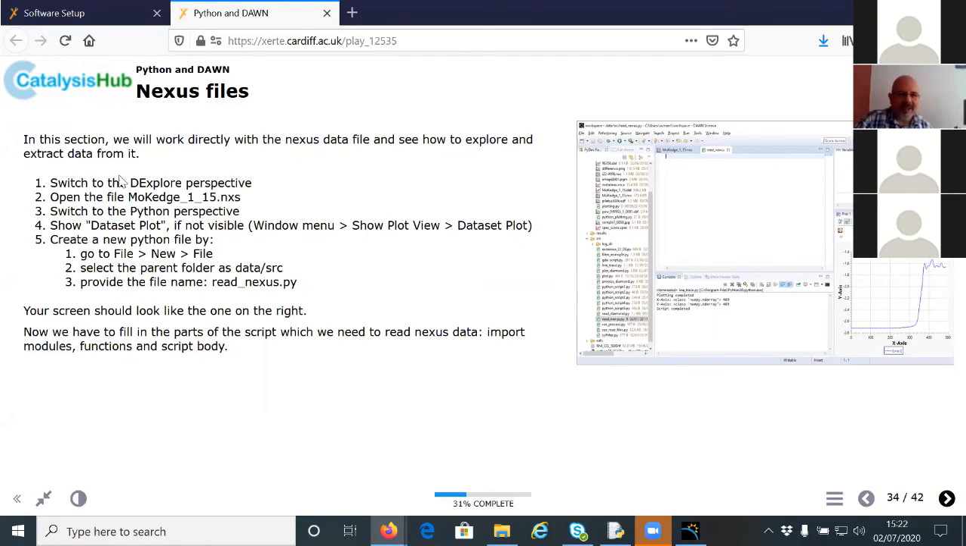So switch back then to the DExplore perspective and open the UKCH 115, but now the Nexus one, which should have the same data as that file, DAT, but this is encoded differently in a Nexus file. And the benefit is, I think, that the Nexus file allows data compression, so it can hold more data, allows saving multiple data sets, and so it's a more effective